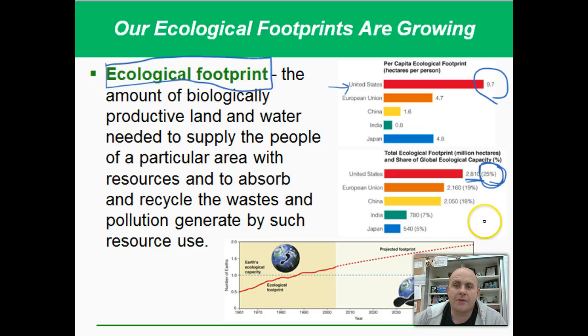So there's about 333 million people in the United States out of the 7 billion on the planet. That turns out to be 1/21st of the whole population, so it's a little over 5%. So the United States accounts for about 5% of the population, yet we use